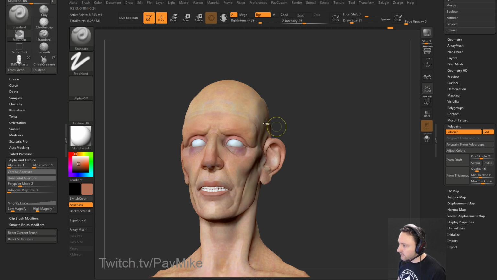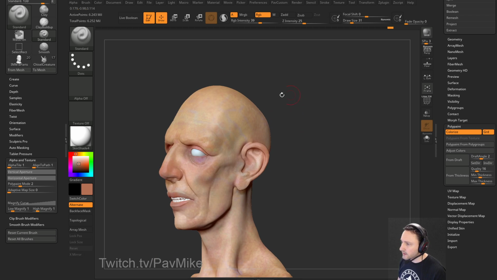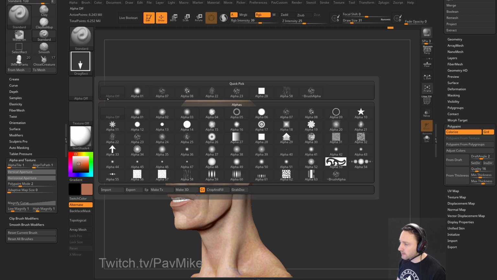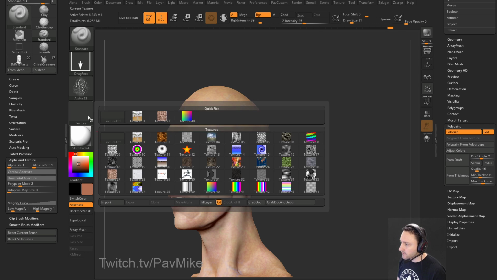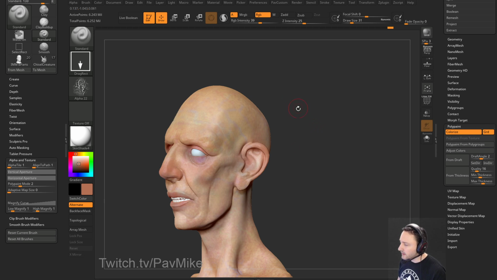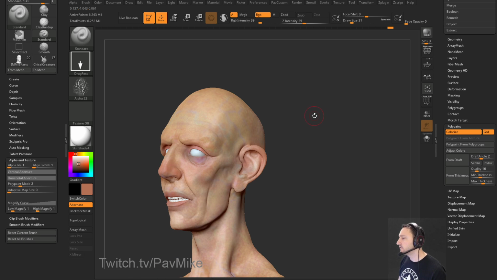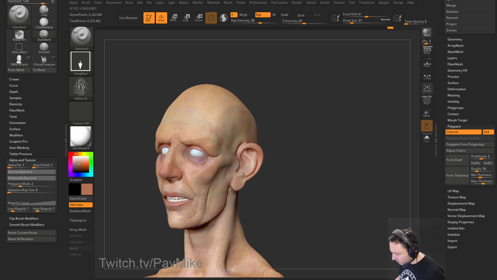And you can use alphas for this, again, if you want to go through and say, you know what, let's grab our drag rect and our veiny alpha 22. And you could also paint with textures if you want to. In this case, you know what we could have done? We could have brought in, if you watch